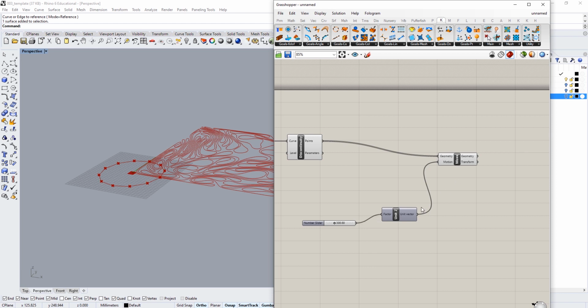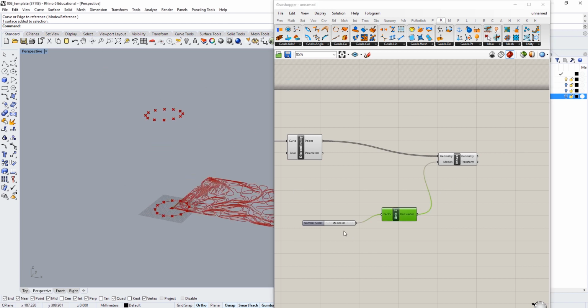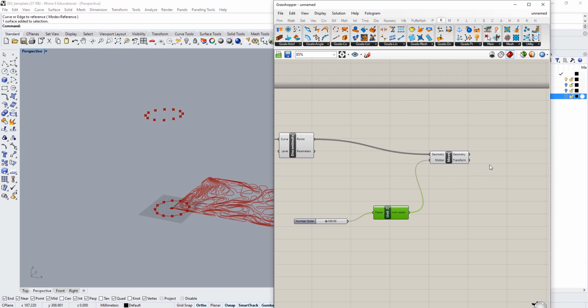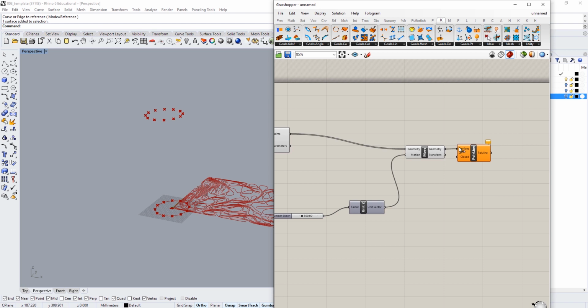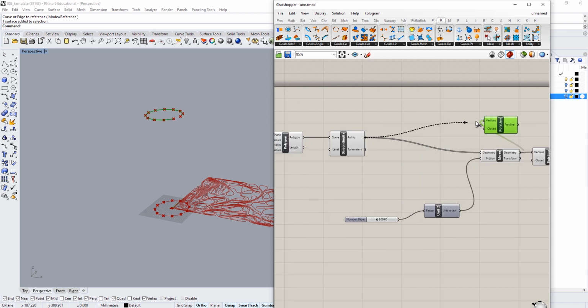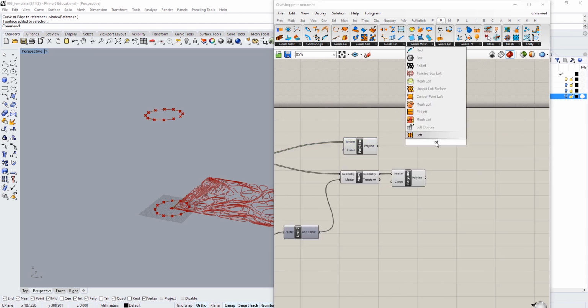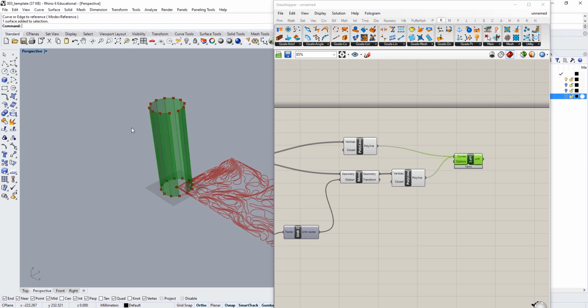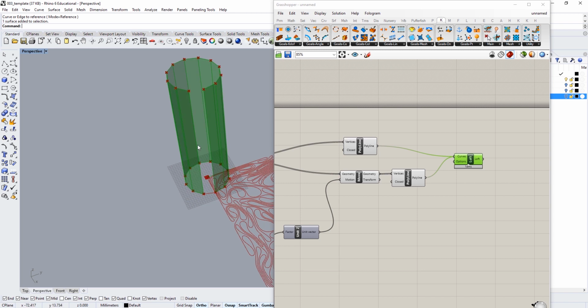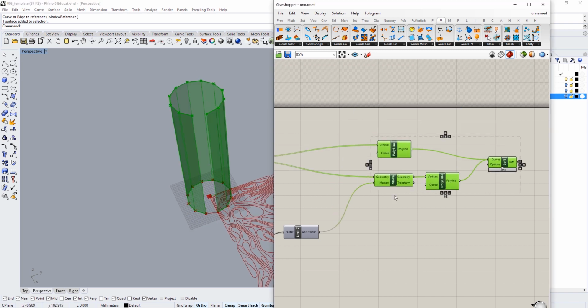Plug that into there, so up there. And then essentially creating a polyline through both of these point situations, and then just lofting between them. So this is a pretty boring base form to start with, but we'll go ahead and figure out a way to make it a little bit